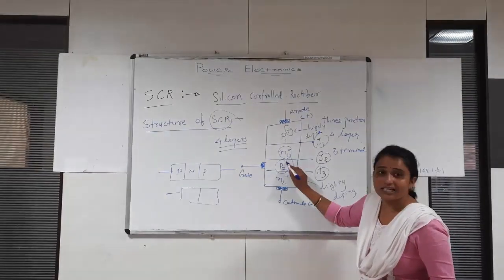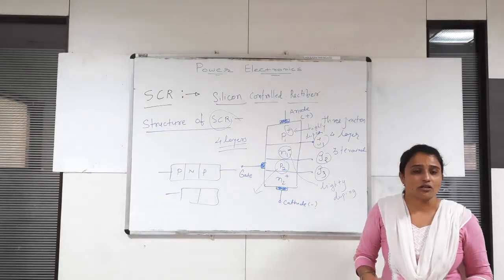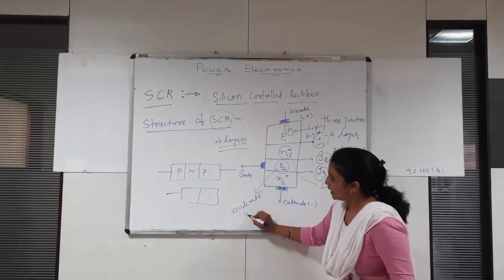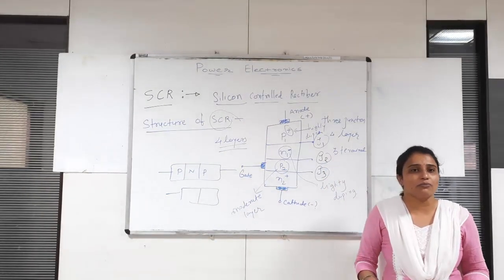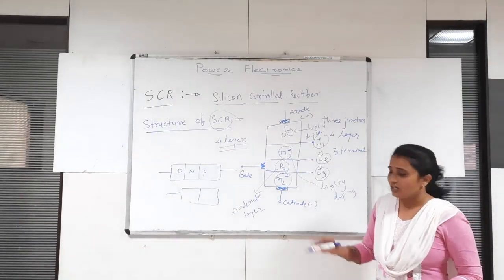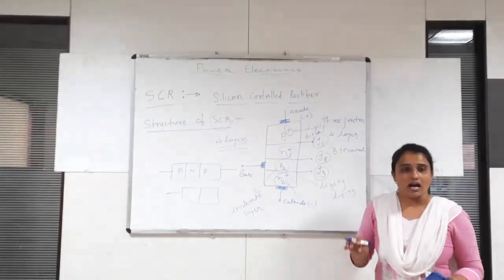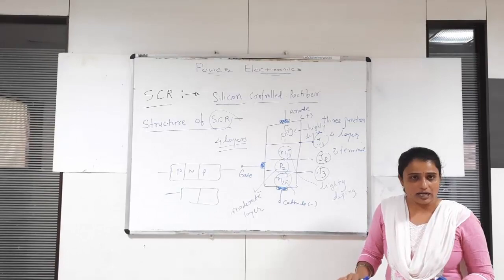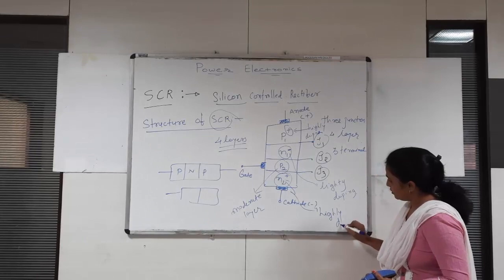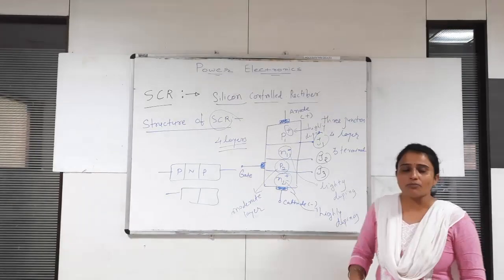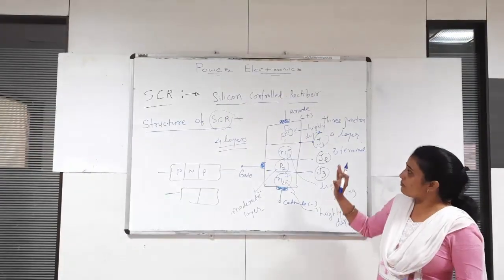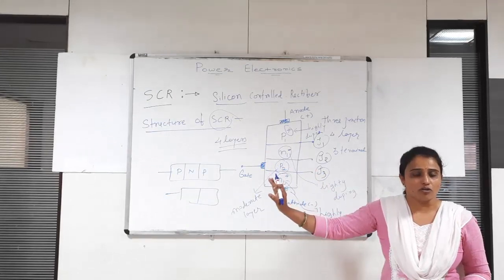Same way, this is the P2 layer and there is no sign on the P2 layer. That means it's a moderately doped layer, with no extra amount of impurities added to the material. And this is the N2 plus layer, which also has extra high impurities added to the N-type material, so it's a highly doped layer. As we know, if I dope more impurities, its conductivity increases more. So this is the main difference between the SCR and a normal device.